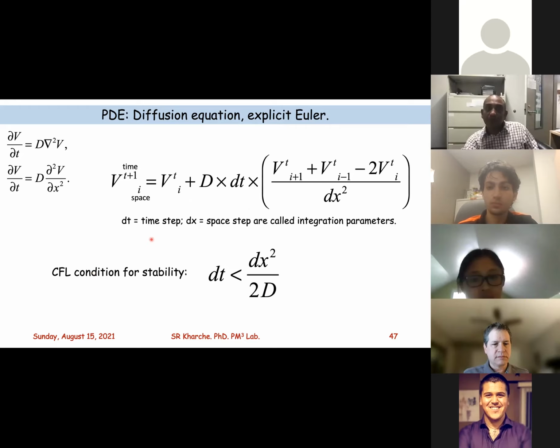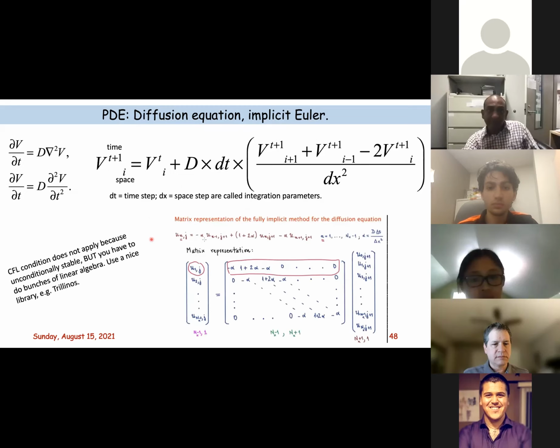So that was your explicit Euler finite difference scheme for a very simple PDE. Again, this is very straightforward to program, and therefore this must always be our first port of call. Okay. However, if you then say